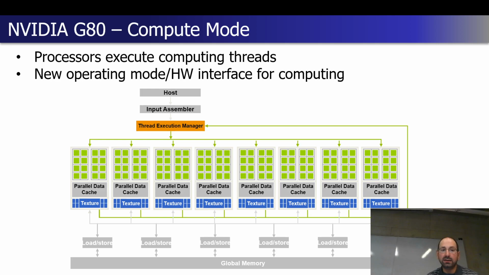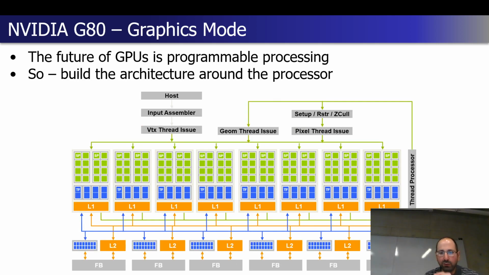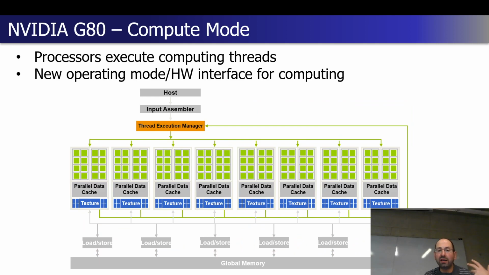But otherwise, although things are kind of relabeled and moved around here, what's different between using this architecture in compute mode versus using it in graphics mode is what we don't engage. We don't need the rasterizer. This is why I haven't really been able to provide a very satisfactory answer as to, is the rasterizer still a physical thing? Is there a region of the chip that is the rasterizer or not? There probably doesn't need to be. It can presumably all be done via some kind of micro-coded software.